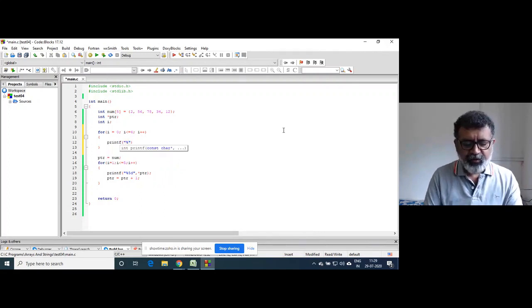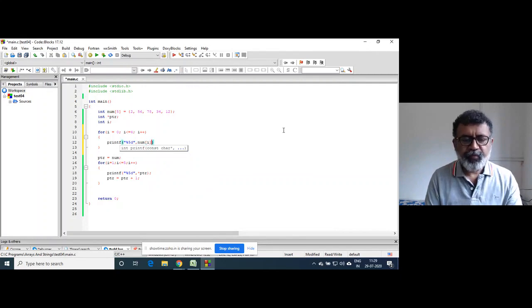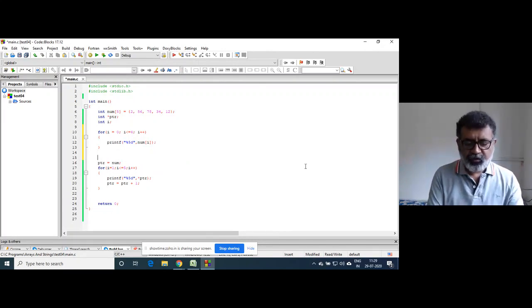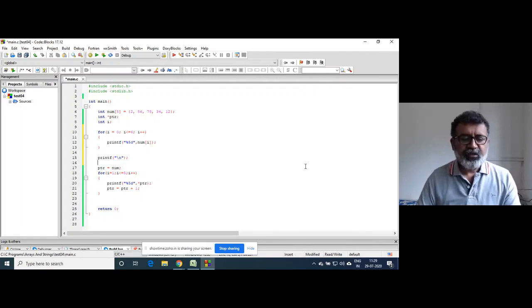When I write %5d and num[i], I will print one more newline here so that both outputs are printed on separate lines.